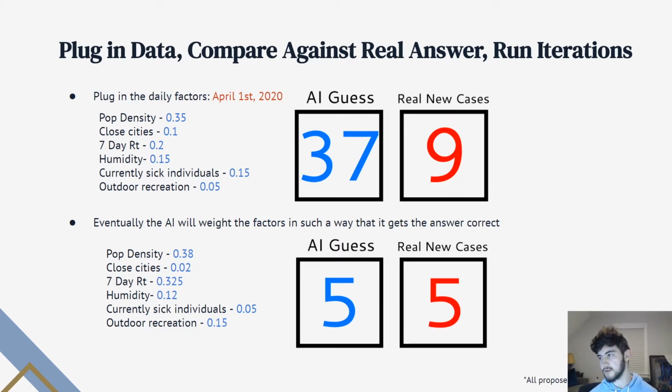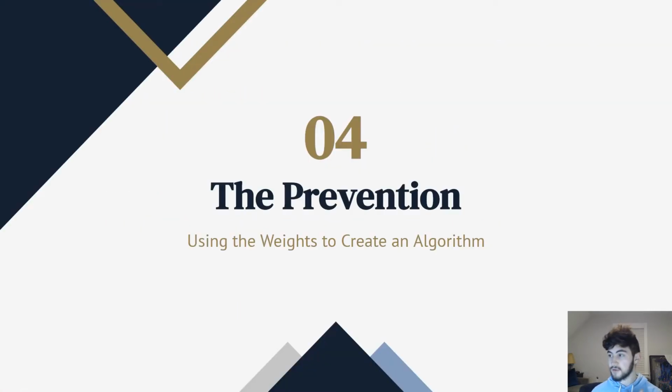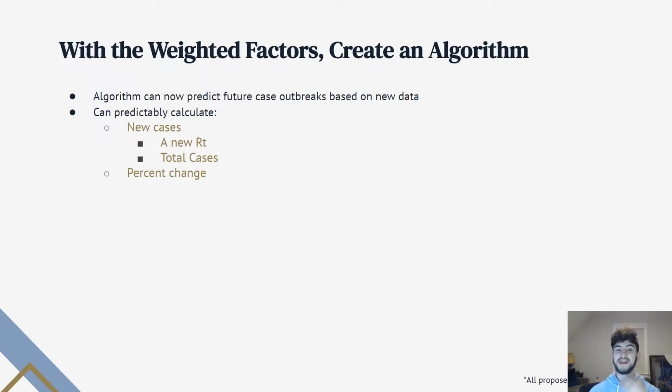And it'll do that over and over again on April 2nd, April 3rd, April 4th. But then eventually, the AI will weight the factors in such a way that it gets the answer correct, right? So it'll guess 5, and the real new amount of cases is 5, and it'll continue to guess correctly. So that means that we now have weighted factors that can reliably predict how many new cases there will be. So we can use those weights to create an algorithm that now predicts how many new cases there will be